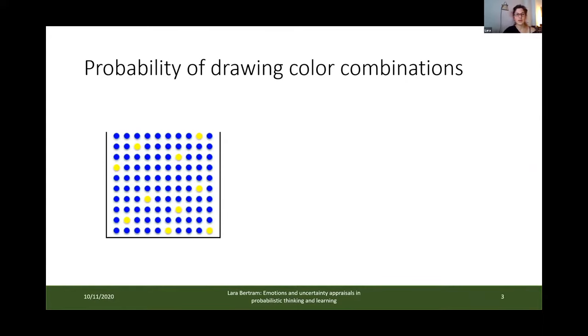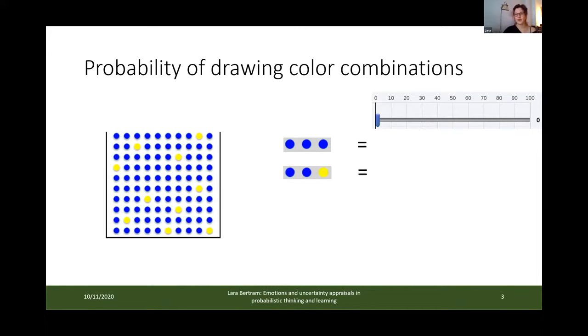And I would like to make a little experiment with you. You can just do it in your head. No need to exhibit your estimates to all the others. So you have this urn, and it contains 90 blue and 10 yellow marbles. Now just try to estimate how likely it would be to draw 3 blue marbles with replacement. And now try to estimate how likely it is to draw 2 blue and 1 yellow, 1 blue and 2 yellow, and 3 yellow marbles. Just try to do it in your head, really quick.